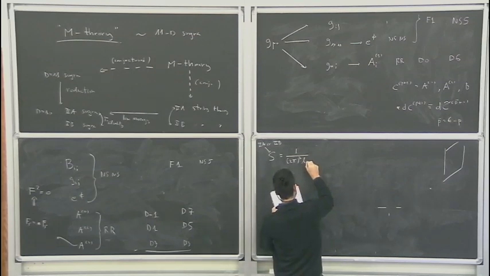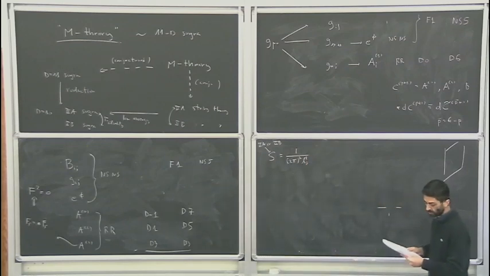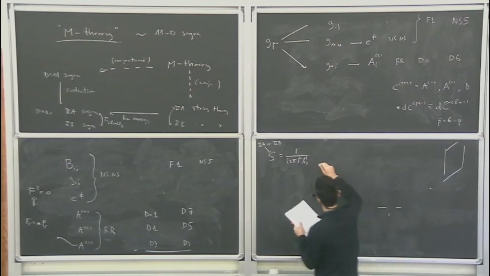So I will start putting factors of l_s, the string length related to the alpha prime, which you may have seen. And then,